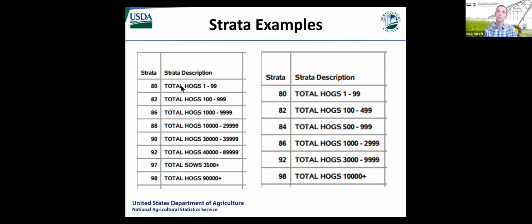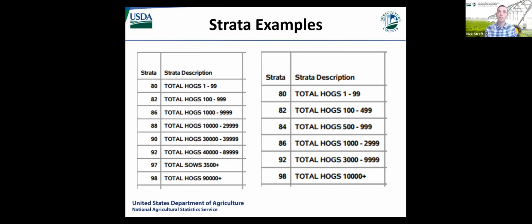And as you go down through these, they're sampled at different rates. That strata 80 might be sampled 1 out of 10, 1 out of 20. So think every 10th person is going to be in the survey, or every 20th person. But as you work your way down, strata 90 might be sampled 1 out of 3, 1 out of 4. And then when you get all the way down to strata 98, which would be our extreme operators, the really big operators in that state, they're going to be sampled 1 to 1. Because once again, our goal is to cover the inventory. We need to cover it. And with hogs, there are some large producers in a few areas that we need to make sure we work with to get their report.